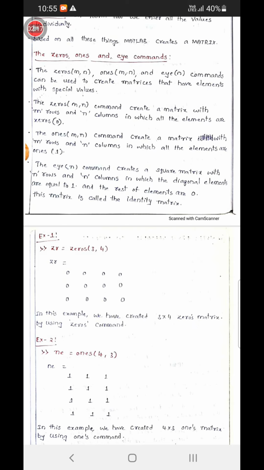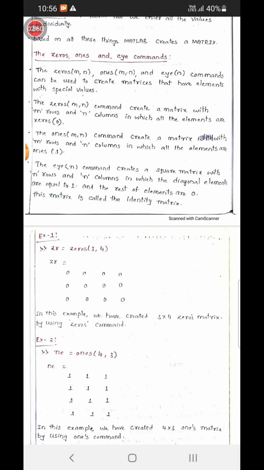Zeros of m comma n: here m represents the rows and n represents the columns. Zeros of m comma n means zeros of m rows, n columns. And the command is zeros, so it creates all elements as zeros. With the example we can understand it clearly.